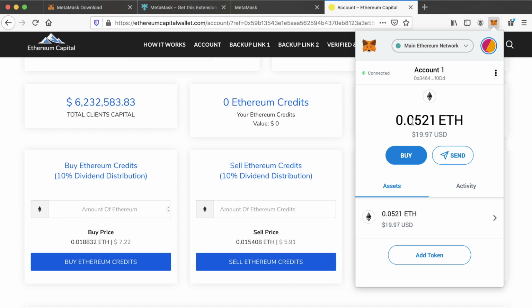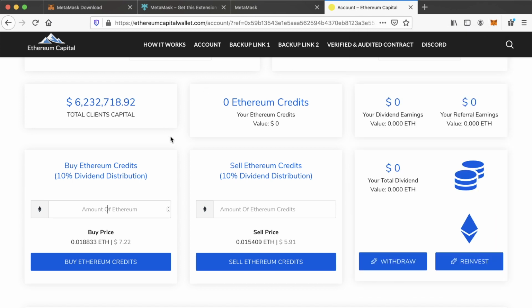So we know we've got 0.05 here of ETH. Now, one thing you've all got to be careful about, and it's something that I see asked in Telegram and Discord quite a lot, is make sure that you leave enough ETH in this account for gas, okay? And gas fees are essentially like transaction fees. If you don't have the gas fees, you're not going to be able to make the transactions. So just keep that in mind.